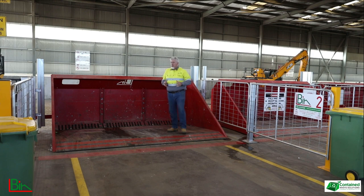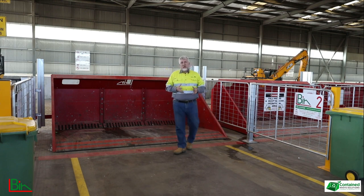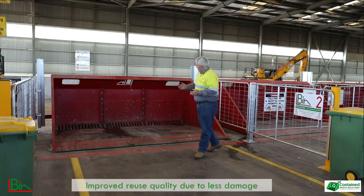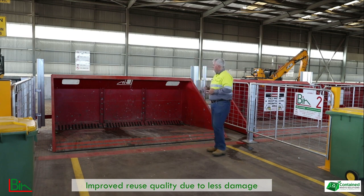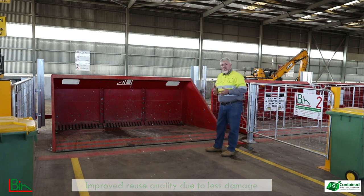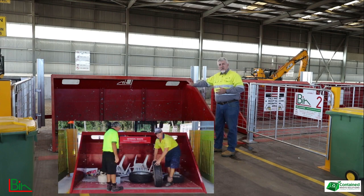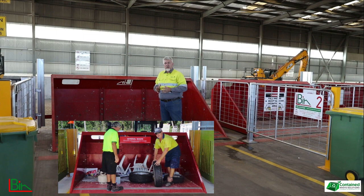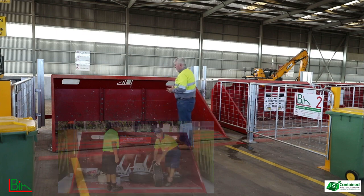The other thing as we look at this bin system is a great opportunity for resource recovery, which is a byproduct of the original concept. Because an operator can identify valuable items in that bin, the operator can resolve to either wait till the public has left and recover it from this side, or take the bin to a sorting bay, move the bin into another area which is designated just for the staff and personnel, where they can go into the bin,